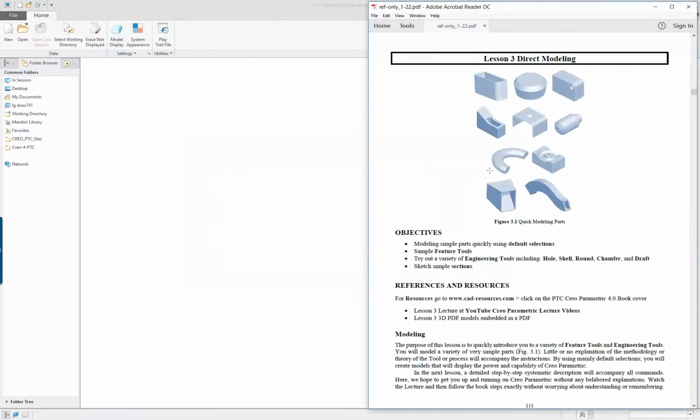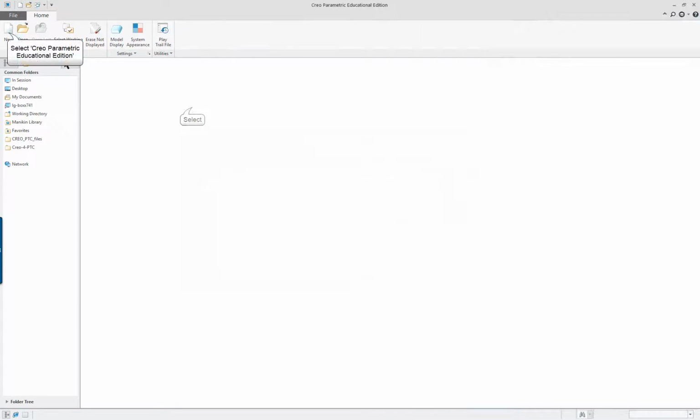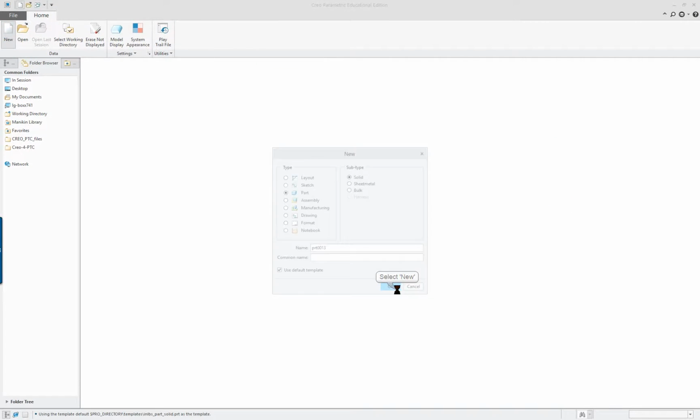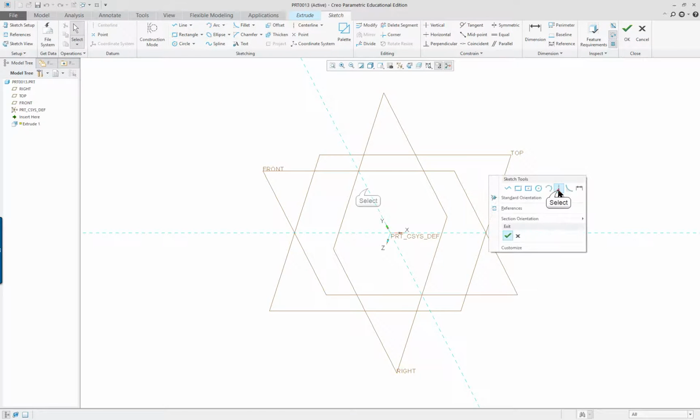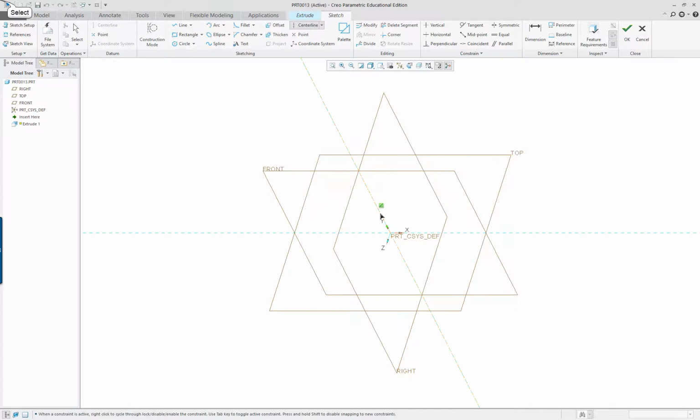Next part is a revolved cut. Start my new part. In this particular case, I'm going to sketch on my front view again. Extrude. Right mouse button. I'm going to put a center line here. And I'm going to go up and select rectangle and center rectangle. I'm going to click somewhere up in here. And I'm going to snap to